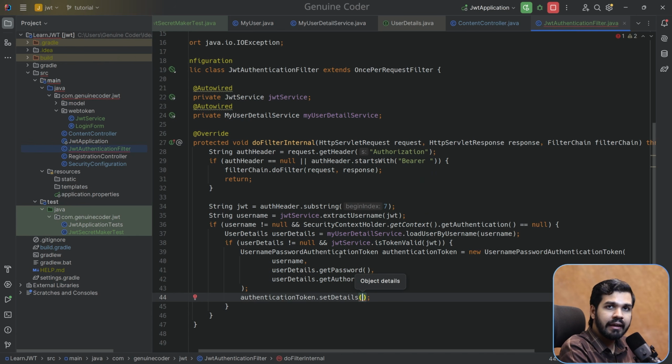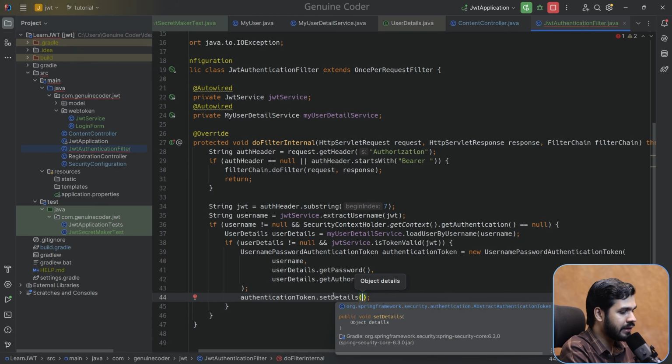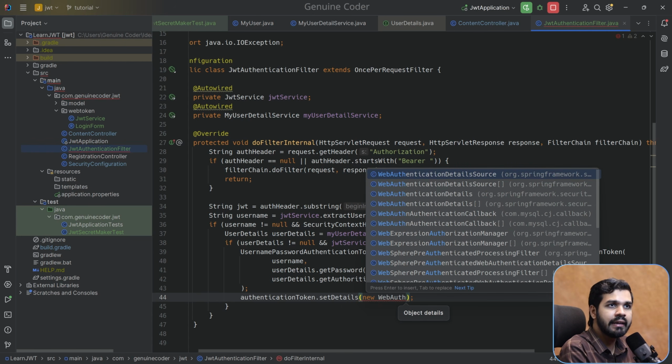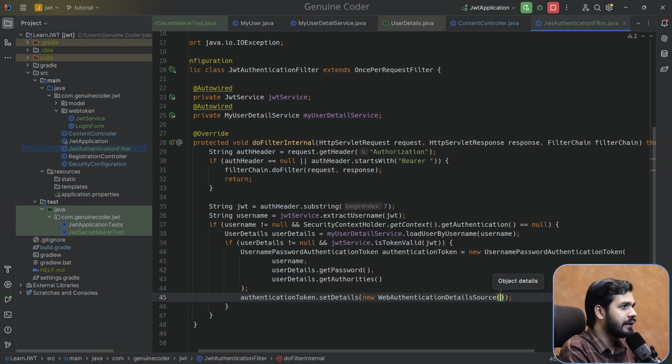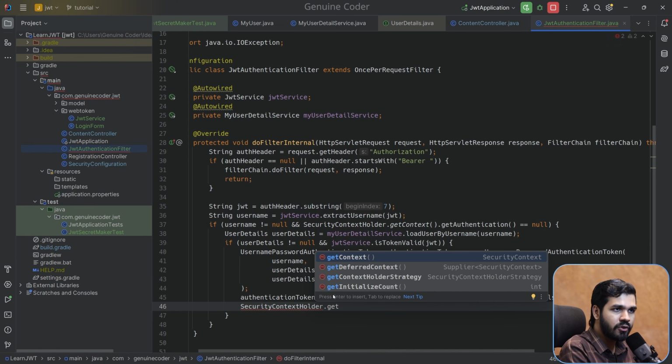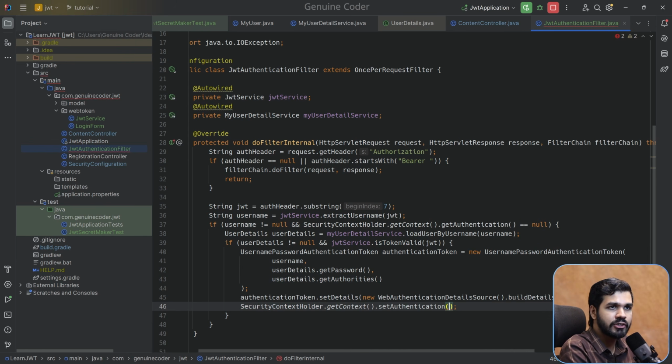details. I will show this and explain why this line is needed in a moment. Just give me some time. So web authentication details source, and here I have to build the details into the request. Yeah, and then we need to provide security context holder, get context, set authentication